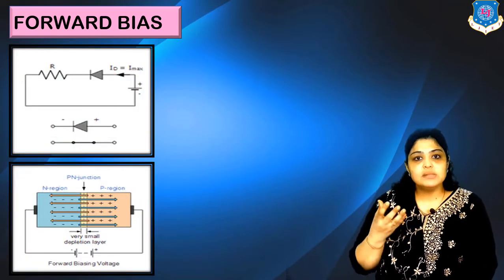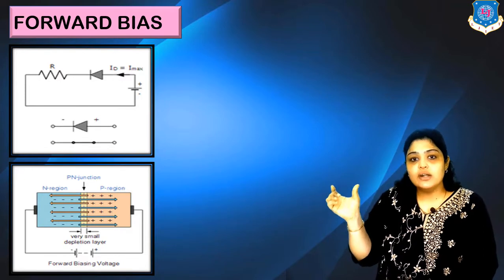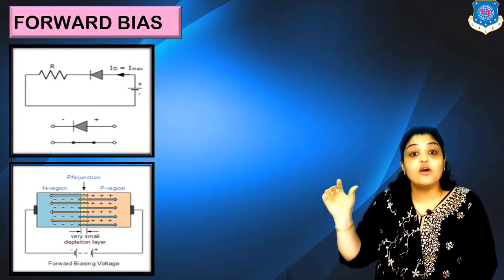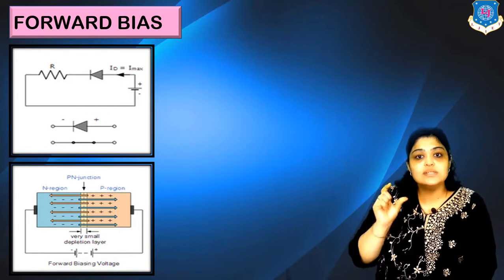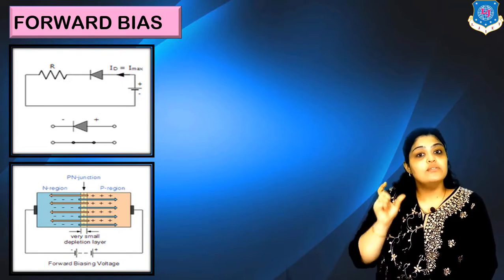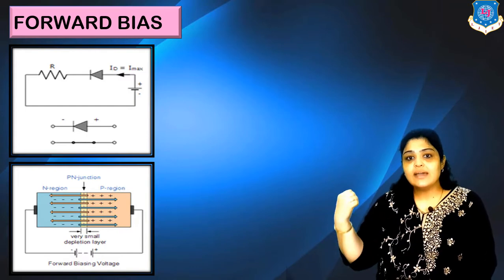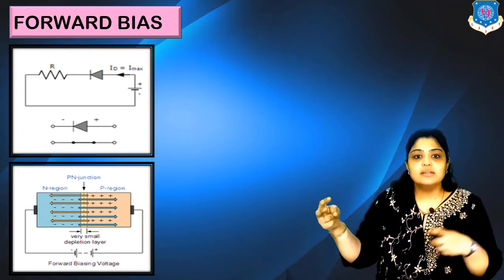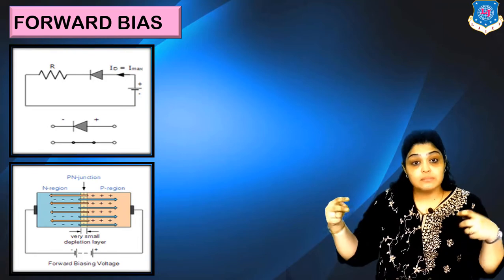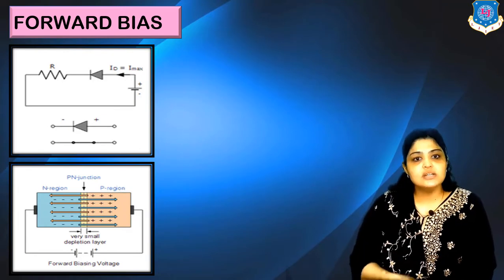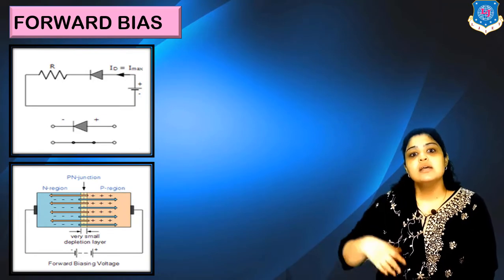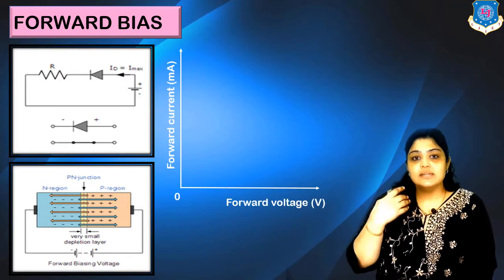Forward bias connection means you can say that your diode is a closed circuit because we have connected the external source in such a way that our diode will behave as a closed circuit and we will be getting current. The diagram below also shows that the electrons are moving across, the majority carriers are moving towards the junction and the barrier is eliminated. Now let's have a look at the graph.